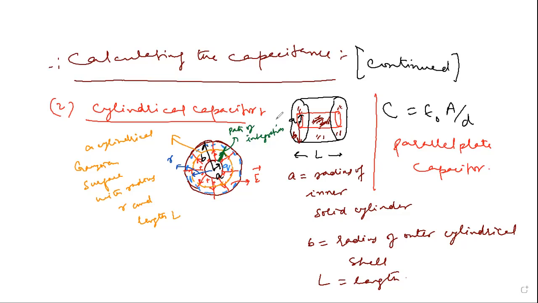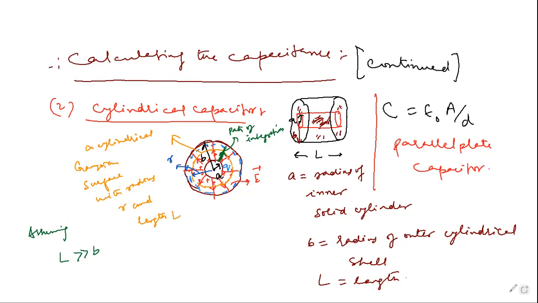And we're assuming L is much greater than B. When L is much greater than B, we can neglect the fringing of the electric field that occurs at the ends of the cylinders. Now, applying Gauss's law